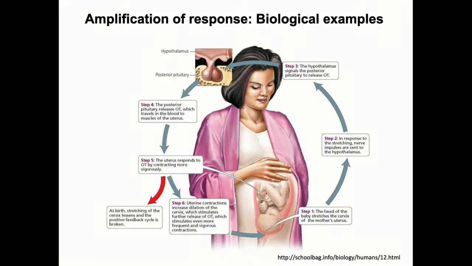So that's one example. Do you need this amplification in this case? What if this were a negative feedback loop? There will be no childbirth because the system will bring it back. So you need a positive feedback loop in this case to have that discrete event being recorded in time and at the right time. Okay.